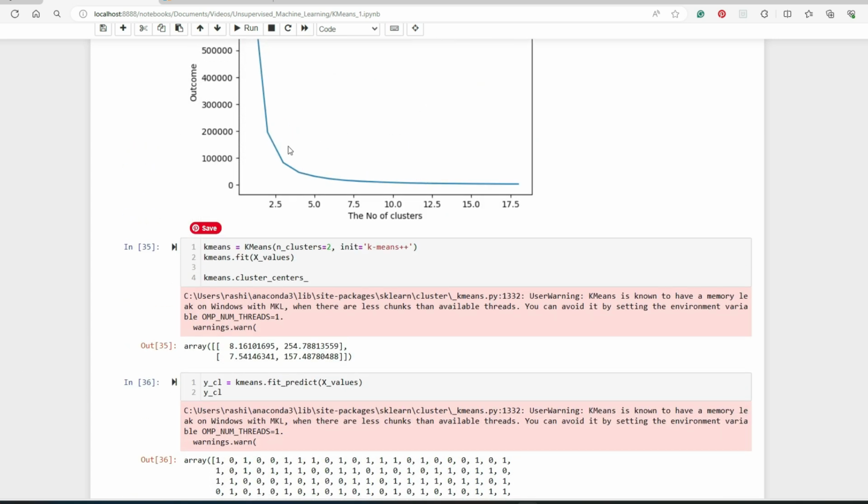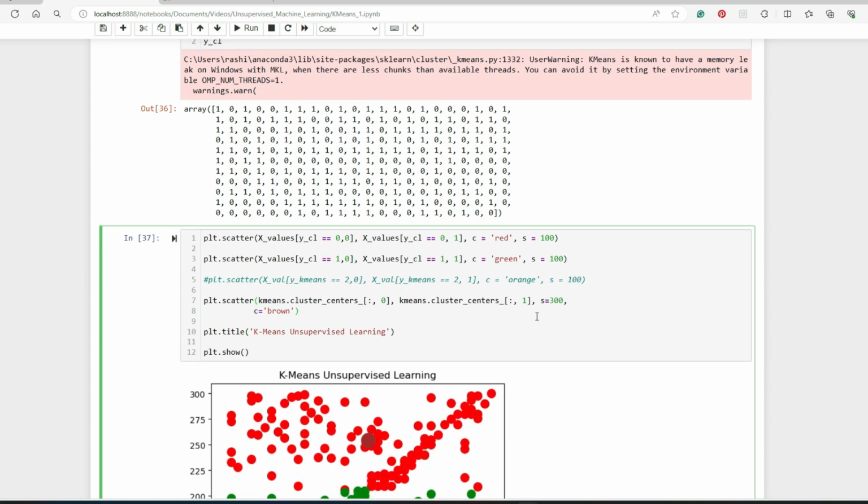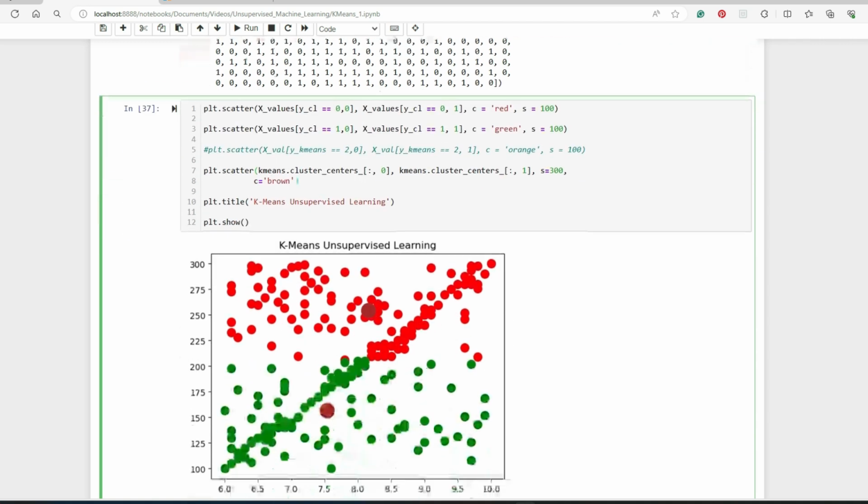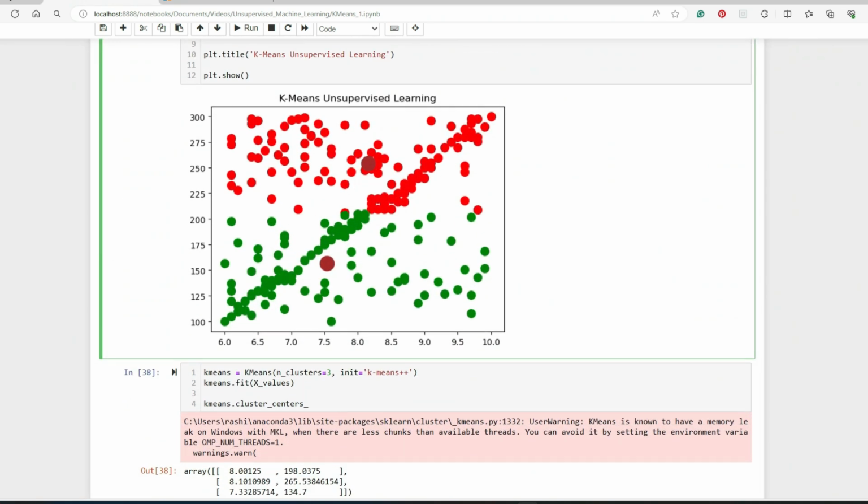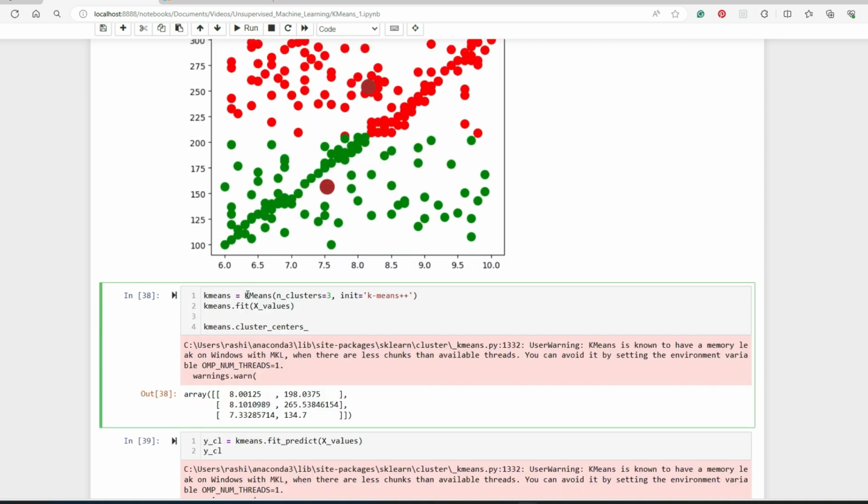And now, as we have seen, the second bend is coming at 3. If I had to use this data set and do an unsupervised learning model, I definitely would use 2 clusters, but for the fun of it, let's use 3 clusters and also see how 3 clusters divide the data. So this time I'm passing n_clusters 3. This time we will have 3 cluster centers because we have 3 clusters.